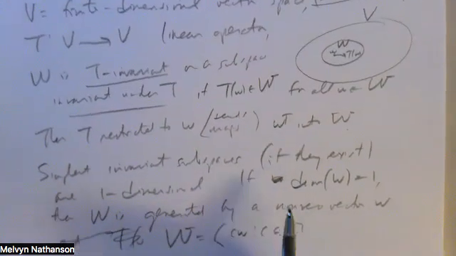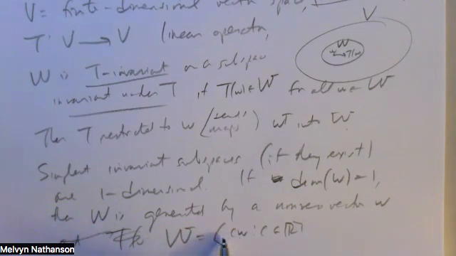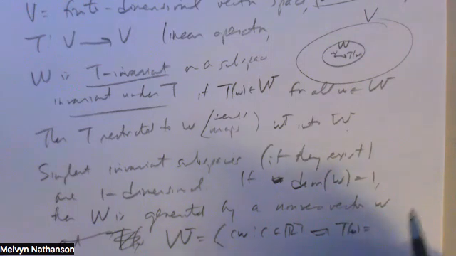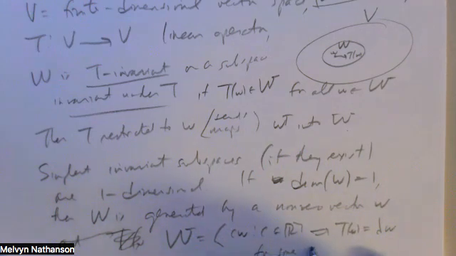Let's say we're working over the reals. A one-dimensional subspace is just all scalar multiples of some non-zero vector. And so T of w is some scalar multiple lambda w for some scalar lambda. And if and only if, because if T of w is lambda w, then every scalar multiple of w is mapped to lambda times that scalar multiple. So